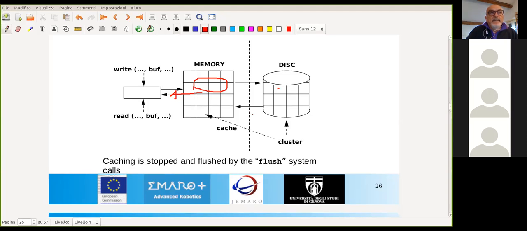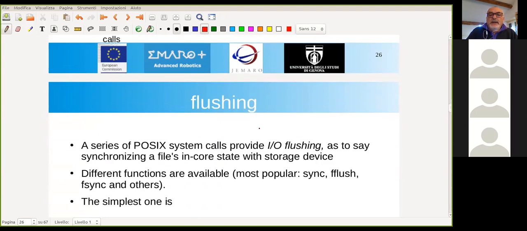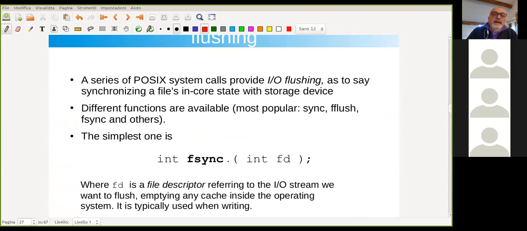For example, when you want to write a log file, you cannot simply write in a log file. You have to flush immediately, because if the system breaks, if you don't flush, probably you will find in the log file not the last message you thought to have written, because it was on the cache. And the simplest way of flushing is the fsync,